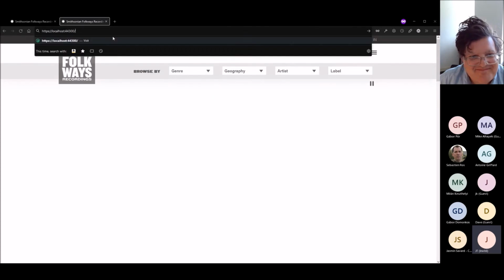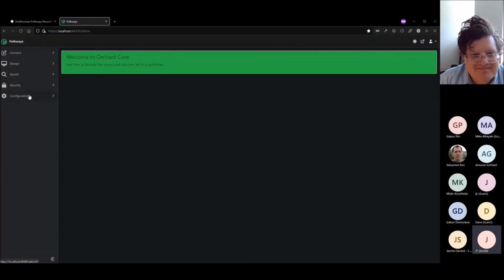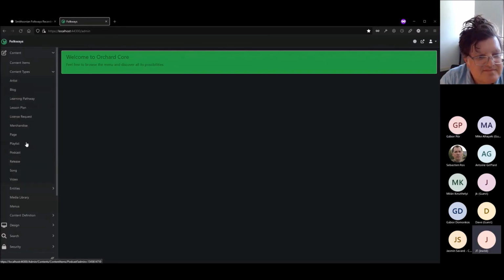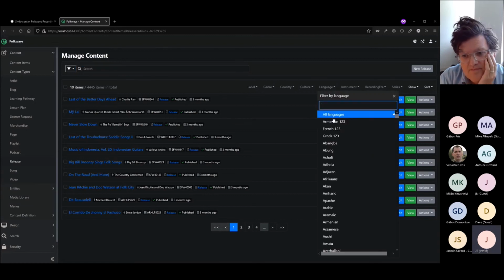So you can go again in the browse by geography, for example, where we render thousands of paged items. Where do you want me to go? Oh yes, we show the admin. You can go to content type release. Oh yeah. Content type release, for example, to show all the filters we have on the right, and just editor release, for example.